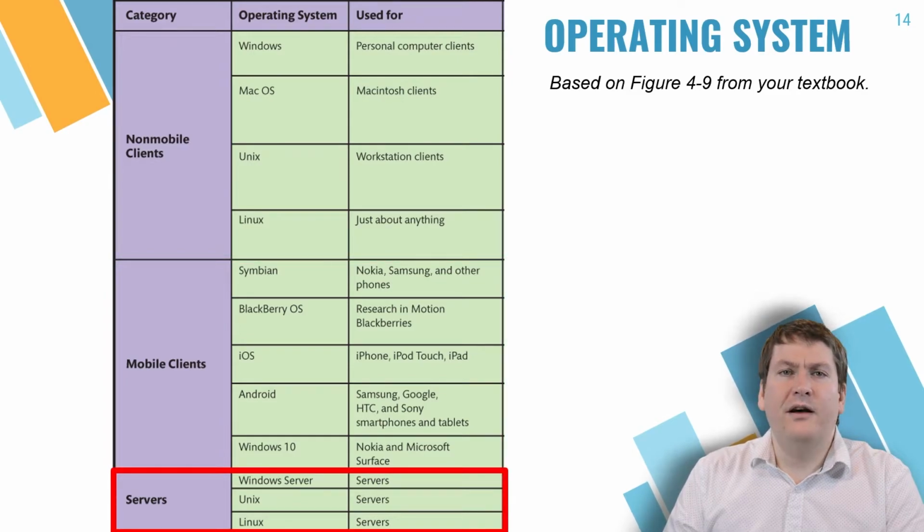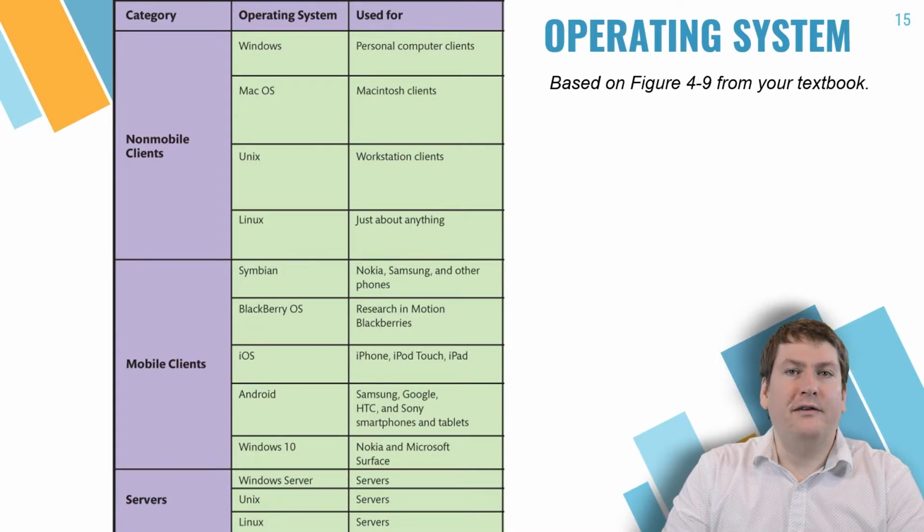So just like we saw when we were looking at the difference between client and server hardware, there's also quite a few differences between client and server software. In fact, you could say the larger difference between a desktop and a server is the software as opposed to the hardware. Looking now at desktop operating systems,